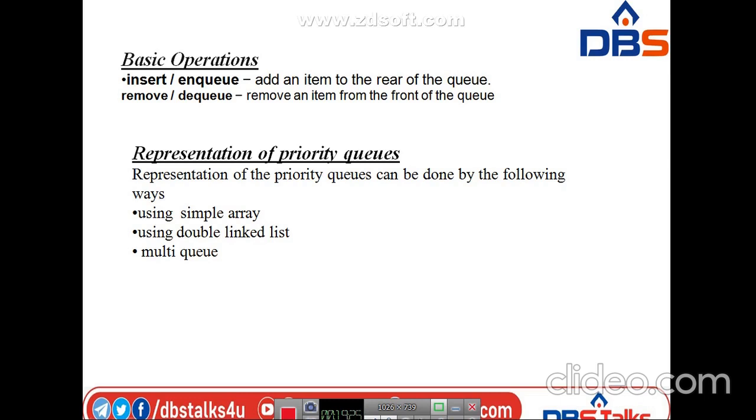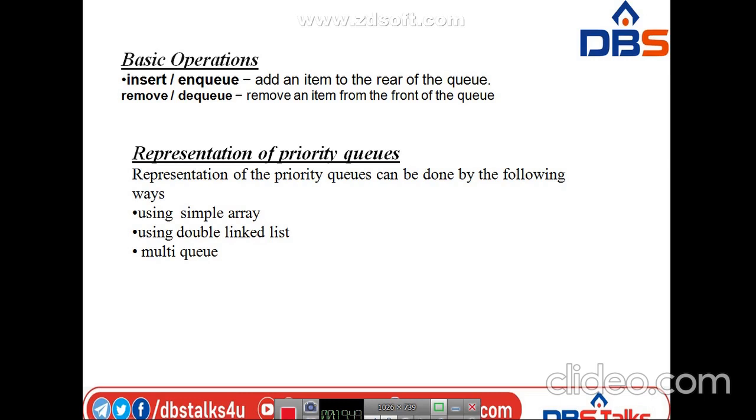And the next one is a descending order priority queue. In a descending order priority queue, the highest priority number is given the highest priority. For example, if we take the numbers from 1 to 5 arranged in descending order like 5, 4, 3, 2, 1, therefore the largest number, 5, is given the highest priority in the priority queue.